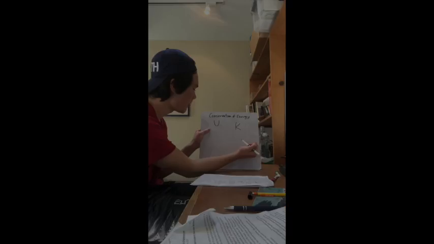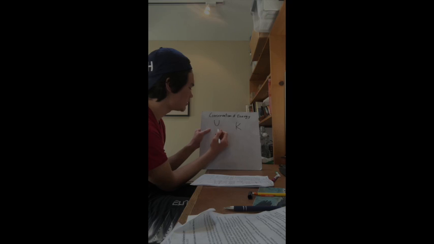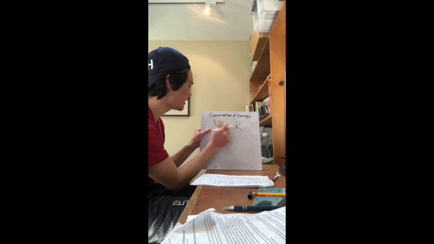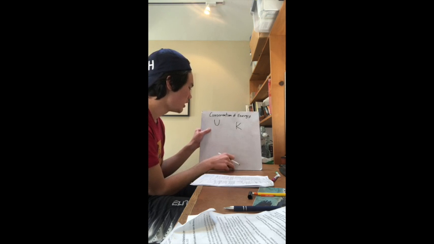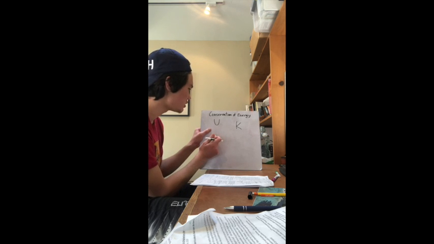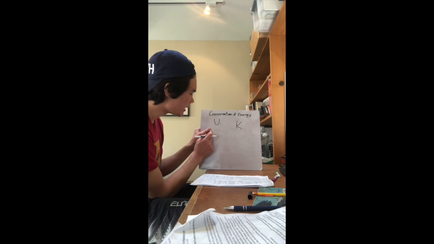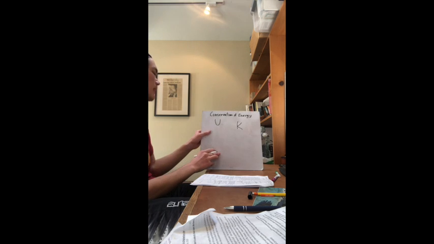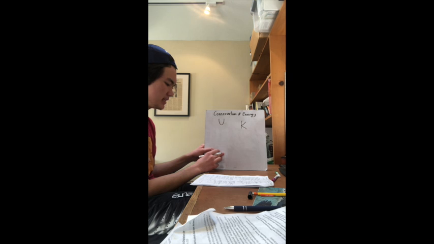K is always just the energy you have by moving, and U is the potential to convert into kinetic energy, or the potential to do work. And it could be in many forms. It can be gravitational potential energy, it could be electric potential, it can be elastic potential, like in a spring. And the main idea is that